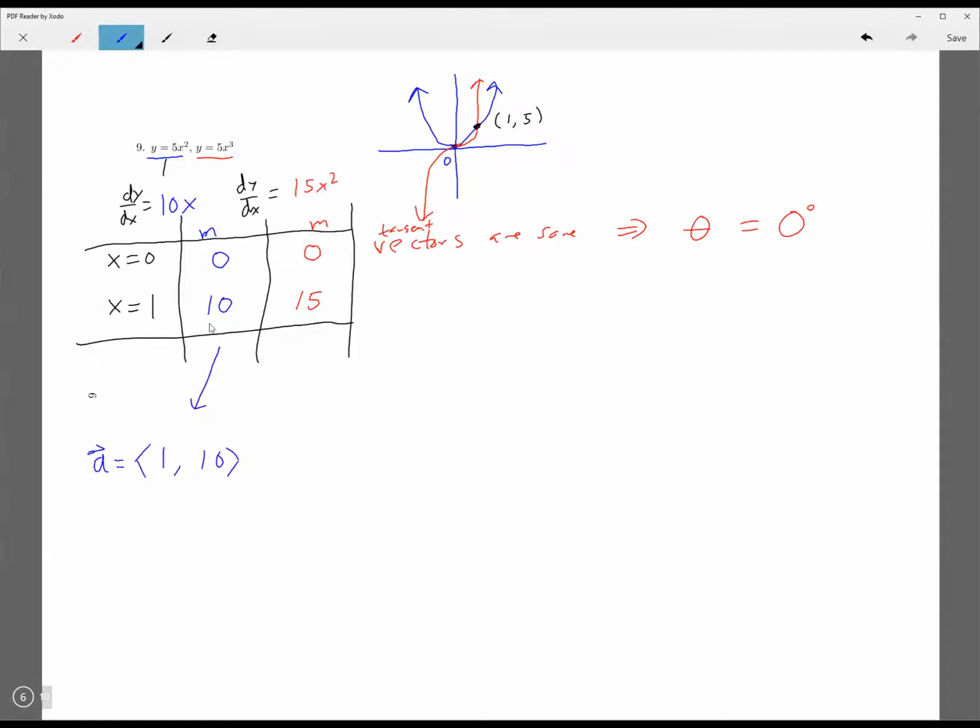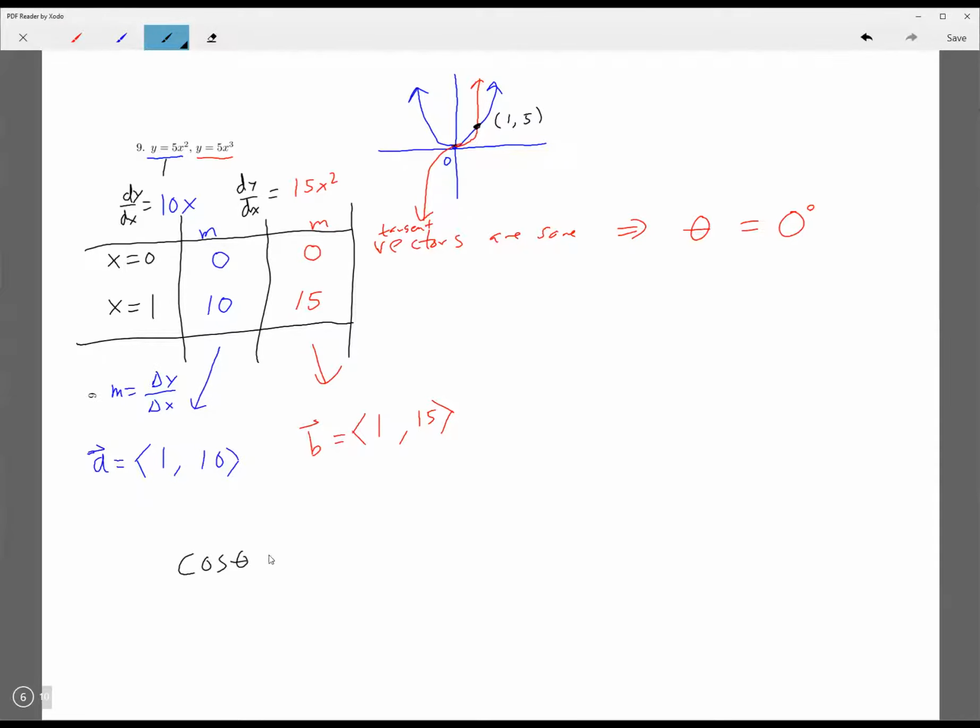Because the slope is 10, remember the slope is the change in y over the change in x. So you can force the vector to be 1, 10. As this changes by 10, this changes by 1, and that's going to give you slope 10. And for this one, that vector can be what? 1, 15, right? Okay. So now